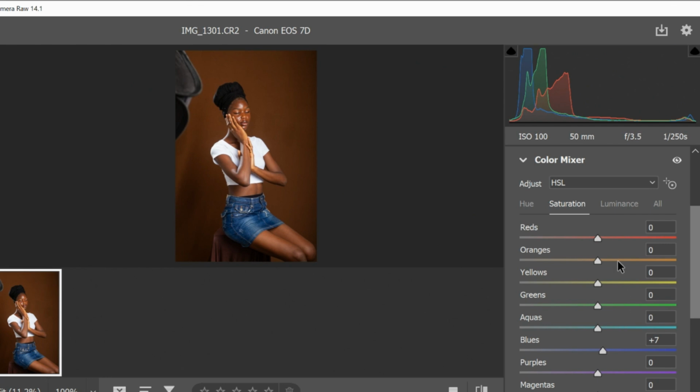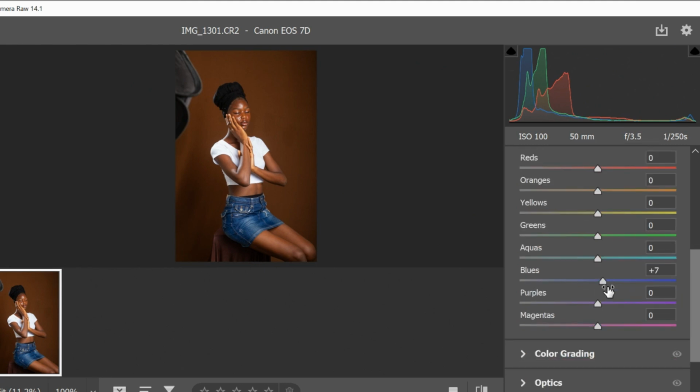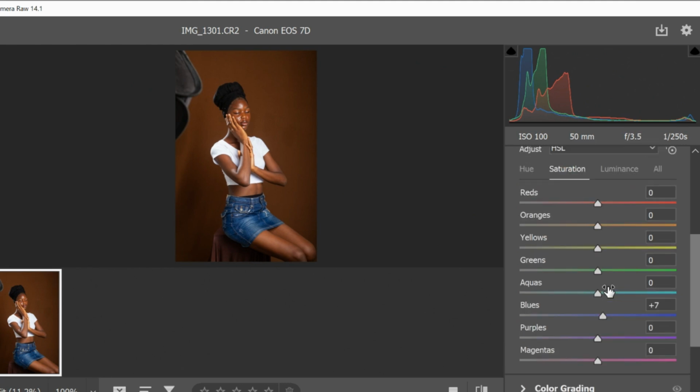I think I should explain these three sliders: hue, saturation, and luminance. It is very important to know what they stand for, how they work, and how to tweak them. The three of them all work for color enhancement. The hue determines the type of color you want, the color shade. The saturation determines the intensity or the amount of color you want, while the luminance talks about the light value